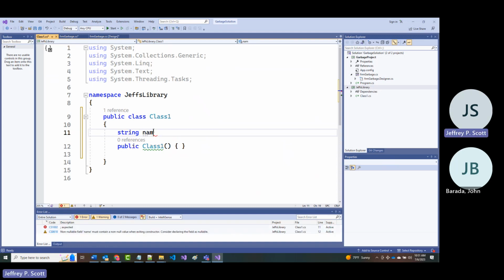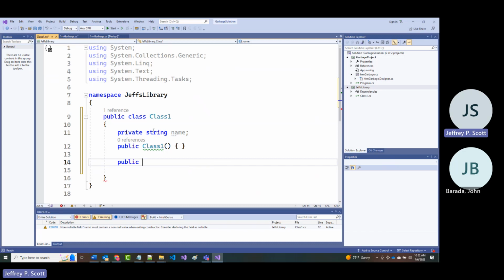Let's do it like this. We're going to say private string name. I'm trying to keep this really, really simple. And I'm going to say here public, since I'm trying to keep it as simple as possible, let's use getters and setters. So we won't even use this.